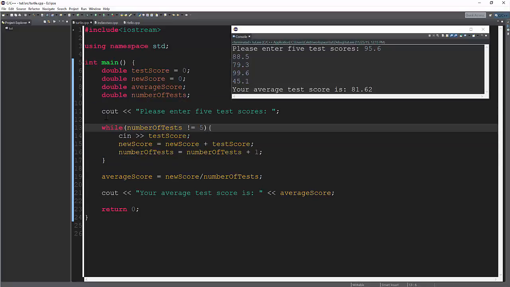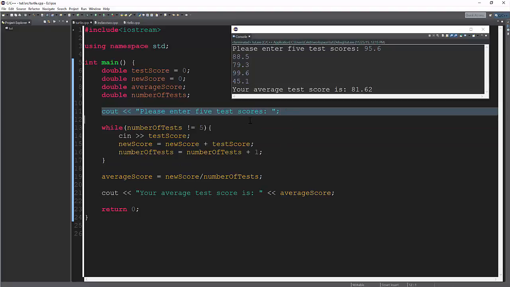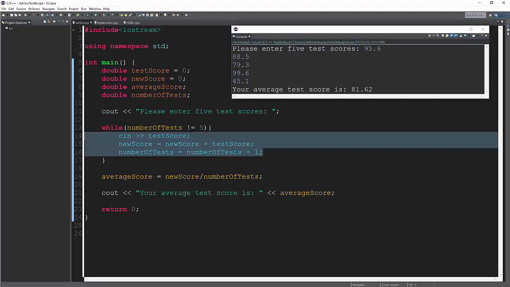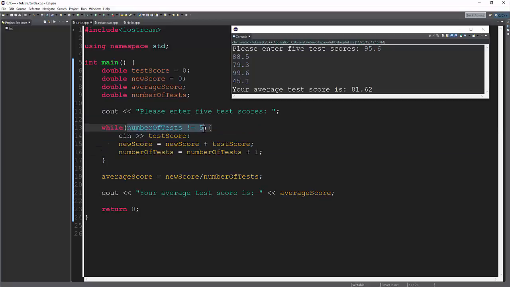So I come down here after I ask them to enter the 5 test scores, and I had this expression execute as long as the number of tests does not equal 5. And you see up here, I've got just double number of tests. It's not even got a number assigned to it, which is bad. So I'm going to go ahead and put 0,